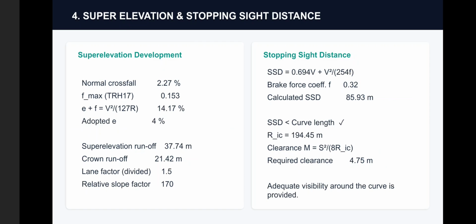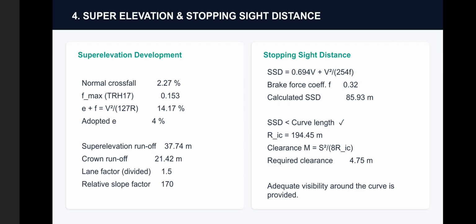The Fmax we got from TRH17, which can also be calculated using the formula from TRH17, and the adopted E value, the super elevation value, was chosen as 4%, since our calculated super elevation came out to a negative value, which in this case just indicates that no super elevation is required. However, a super elevation of 4 to 6% is usually preferred, and we used a 4% super elevation for better driving